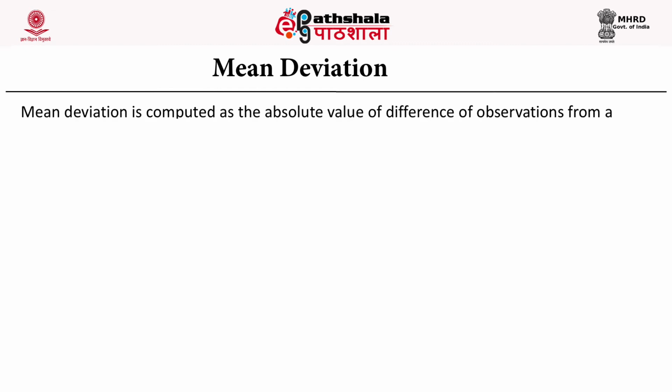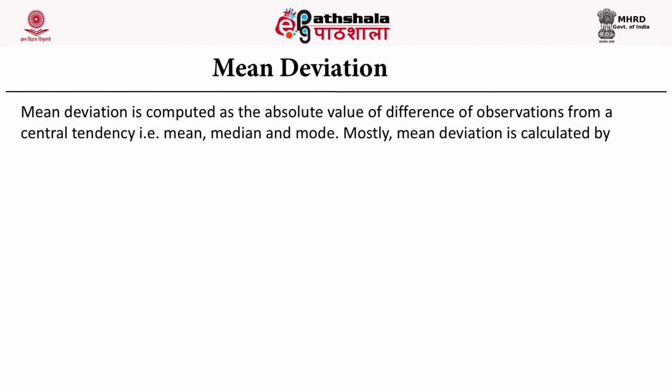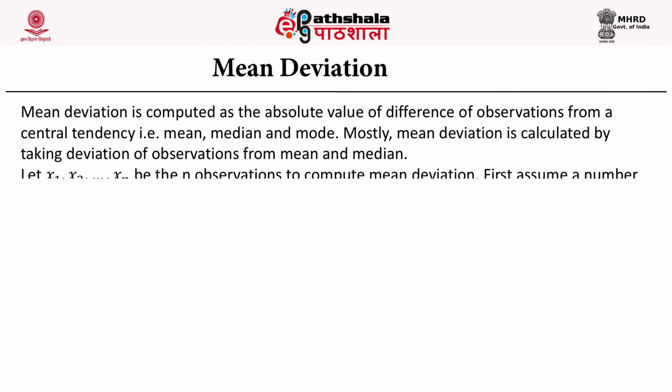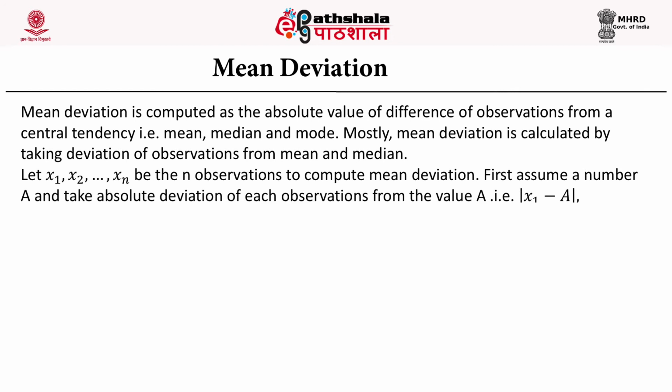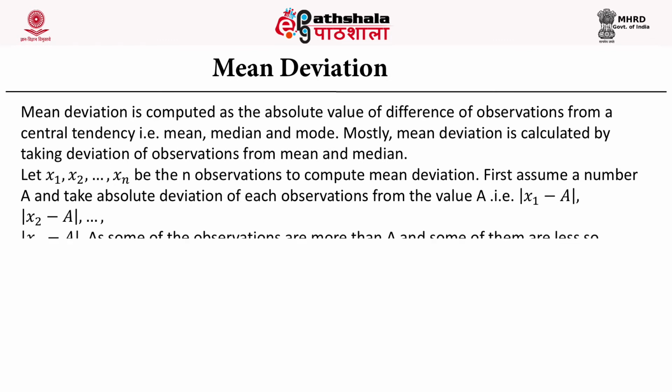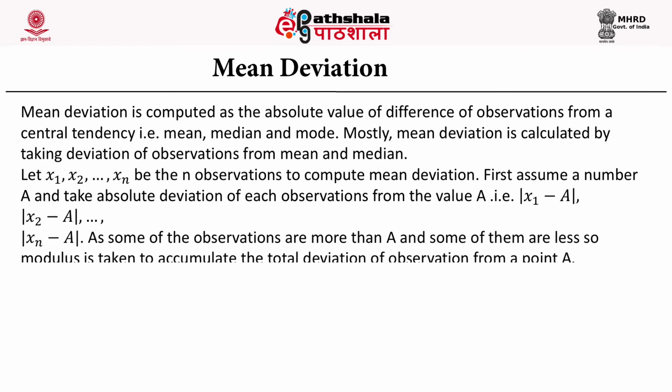Now we will discuss the third measure of dispersion, that is mean deviation. Mean deviation is computed as the absolute value of the difference of observations from the central tendency, that is mean, median and mode. Mostly mean deviation is calculated by taking the deviation of observations from the mean and median. Let us have x1, x2, ..., xn, n observations to compute mean deviation. For that, first assume a number A and take the absolute deviation of